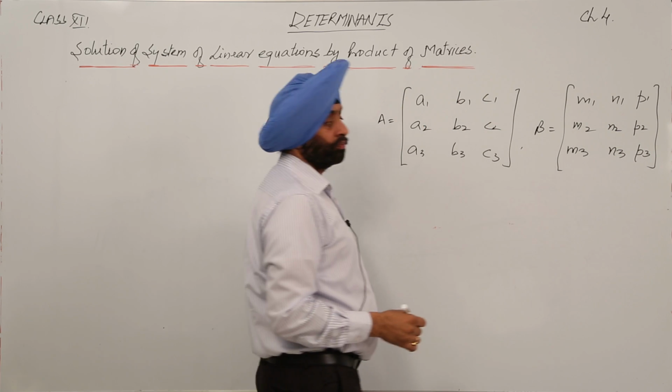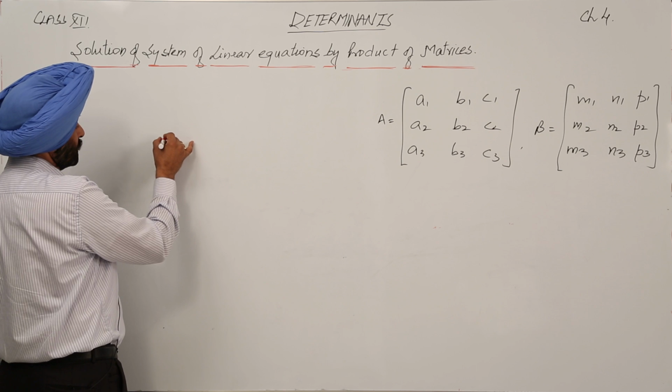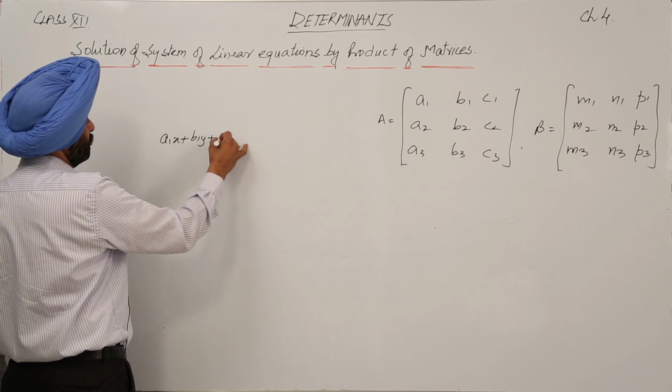Suppose these two matrices are given to us and the linear equations are A1x plus B1y plus